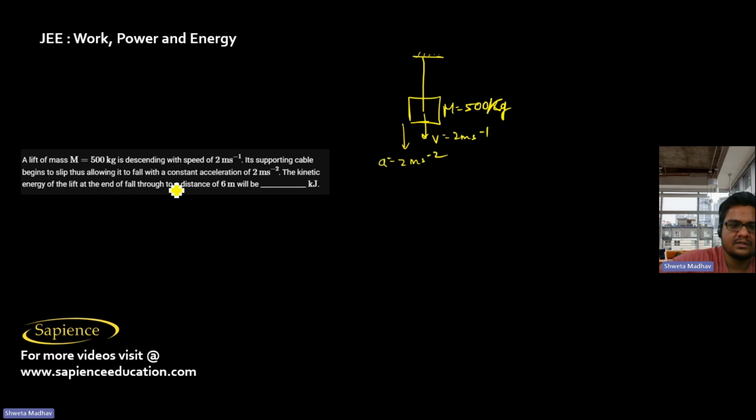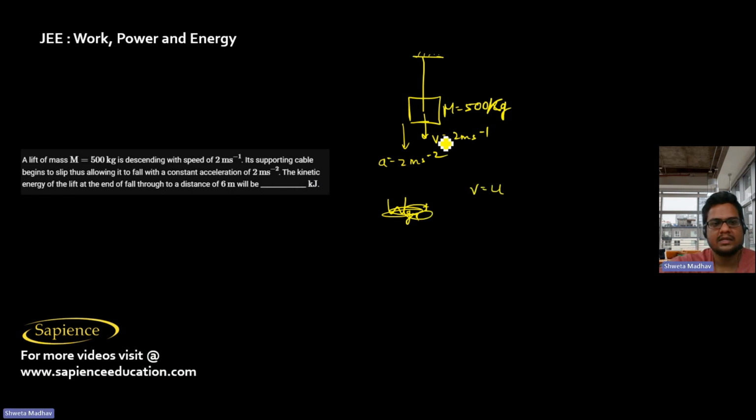The kinetic energy of the lift at the end of the fall through a distance of 6 meter will be... 6 meter it will fall. Here we can say work done by gravity. Okay. Or we can say